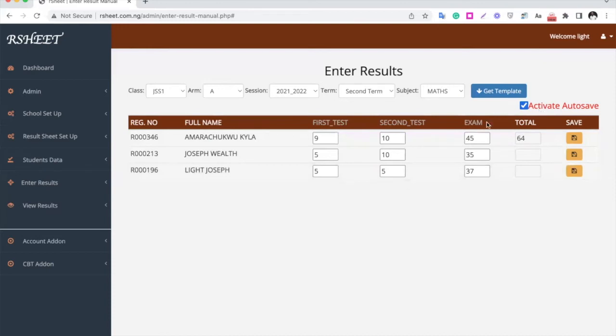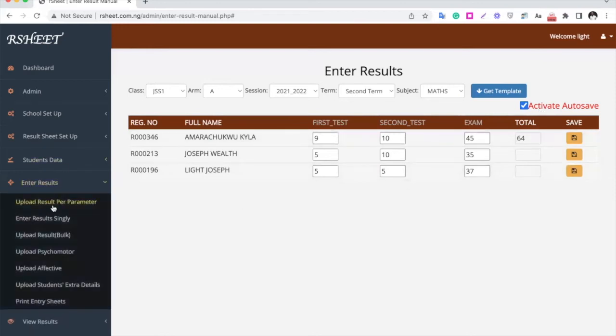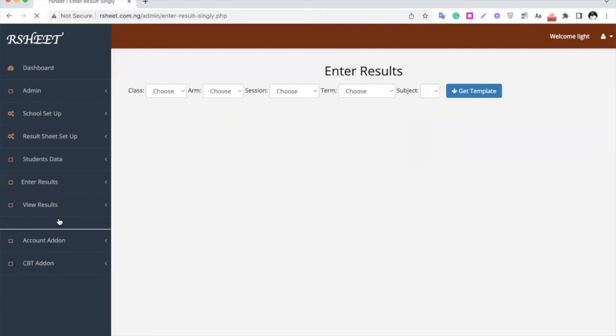So that is done. The first method here, which is per parameter, is unique in the sense that you can use it also to edit or to view what you have entered there before and edit them. Unlike the others, you don't have that privilege. Okay, let's look at the second method here, which is enter result